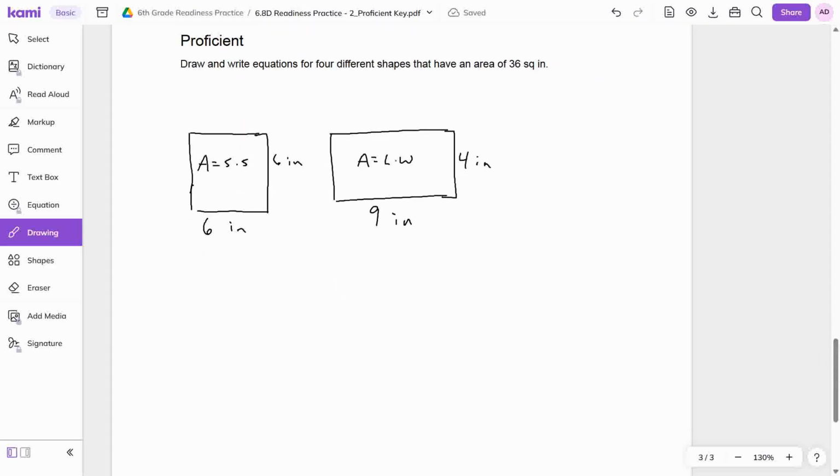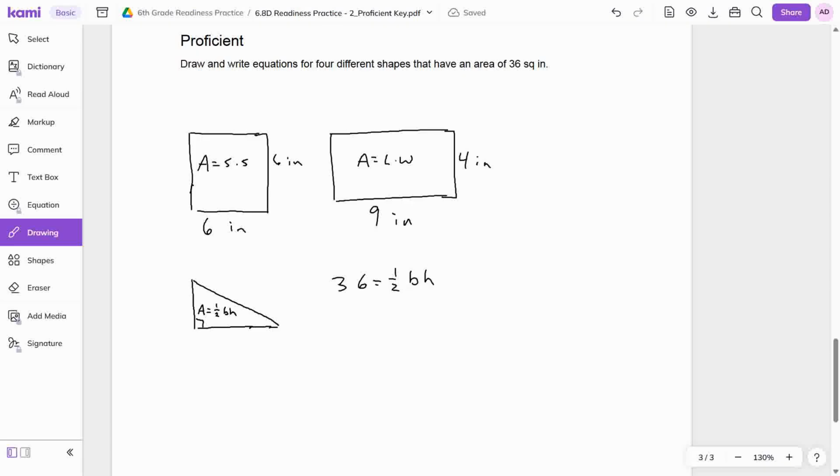I want to draw a triangle. And this time I'll draw a right triangle. And it means I can use the side as the height. Okay, so my area equals 1/2 base times height. All right, so what that means is my 36 inches, and so we're going to have to do a little bit of work on this one. 36 inches, that's the area I need, equals 1/2